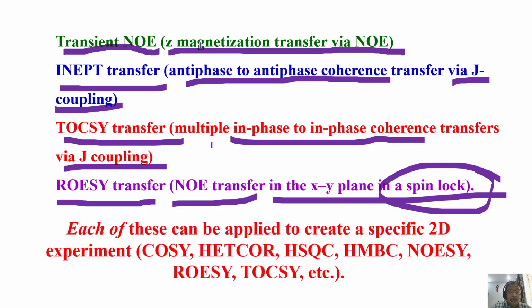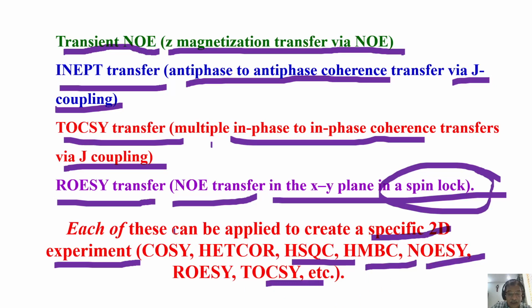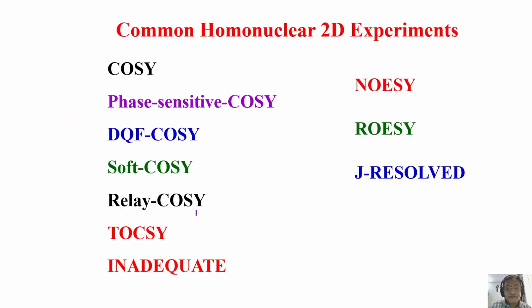Okay, these are the things, and based on this, a number of experiments could be created, and it has been created, with specific names like COSY, heteronuclear single quantum correlation, heteronuclear multiple bond correlation, NOESY, ROESY, TOCSY, etc. All these things have been derived. If you go and understand the spin physics, the way magnetization behaves in this pulse sequence, you will find one of these things or something different. I just mentioned only a couple of them. There may be several ways you can see how the magnetization gets transferred.